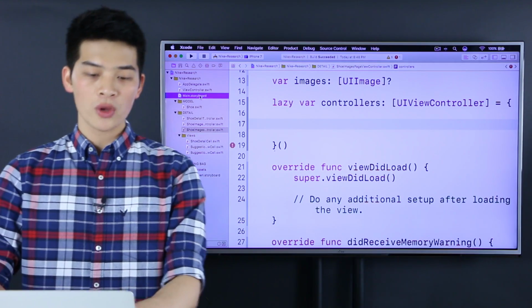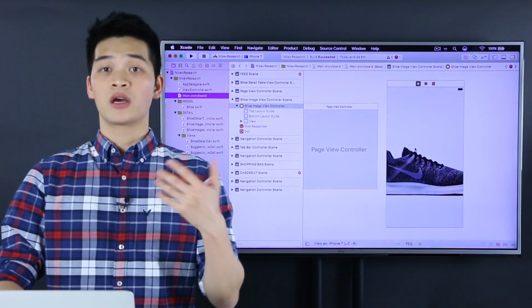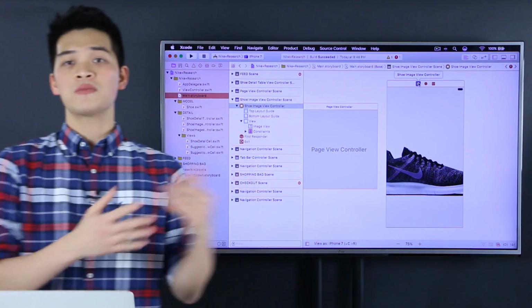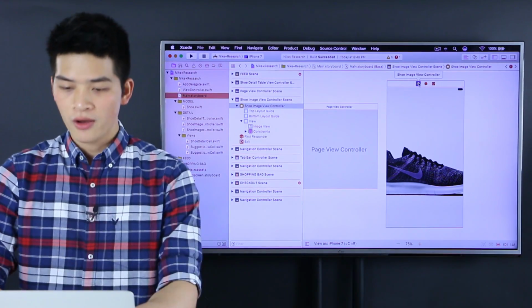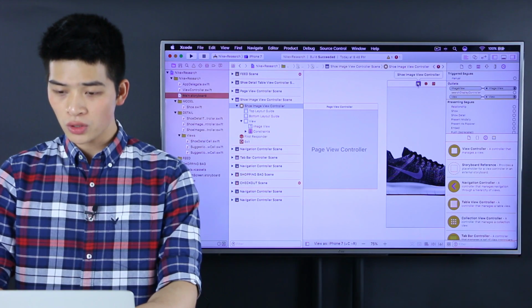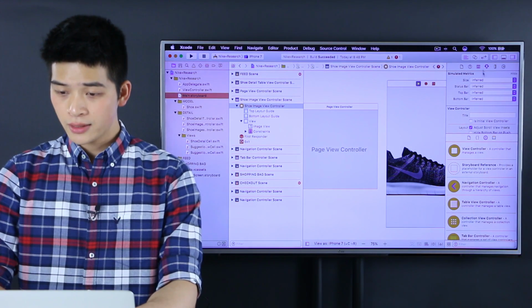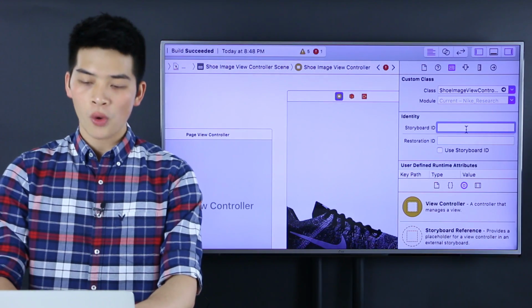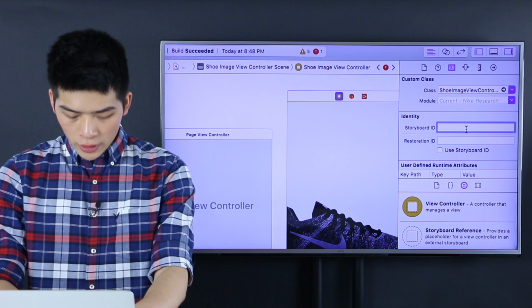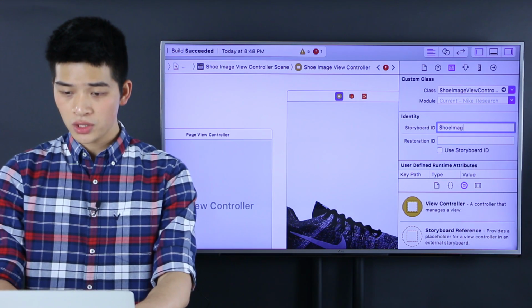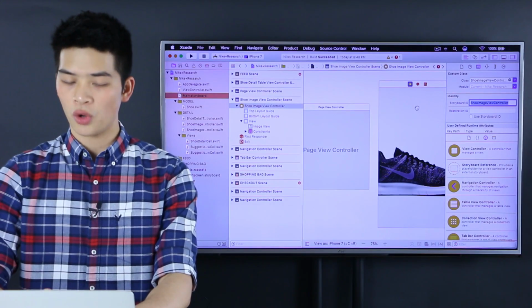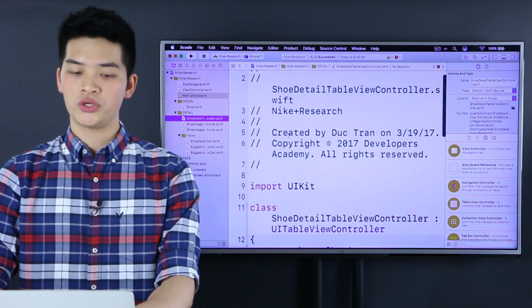Now we know that we want to have some instances of this view controller. But how can we create that from storyboard? Let me show you. We will select this view controller, and over here on the identity tab we have a storyboard ID. Let's call this show image view controller. I will copy this storyboard ID